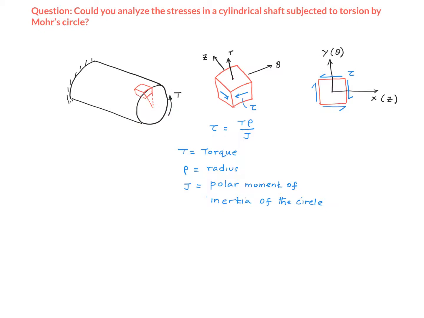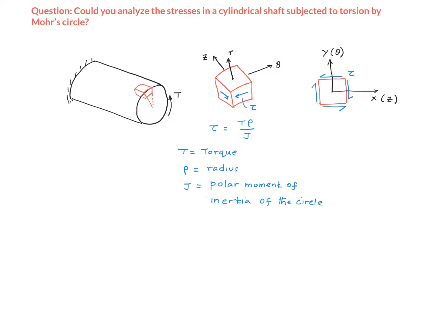this end. Denoting the radial direction as R, hoop direction as theta, and the axial direction as Z, if I were to take a little differential element, cubical differential element, and draw the stresses on its faces, this is what I'm going to have. The torque T produces just a shear stress that acts on these faces, just like shown